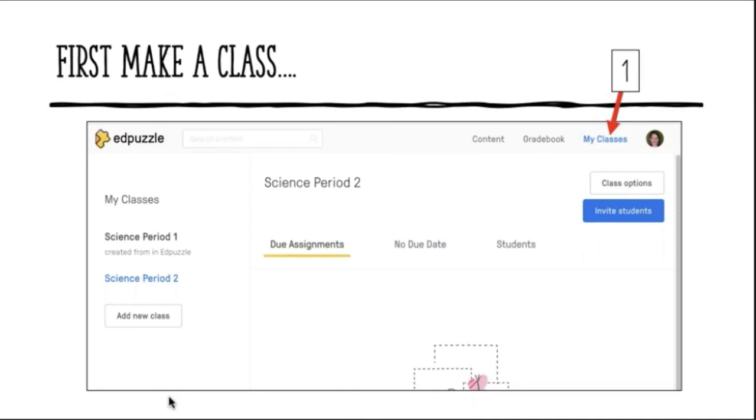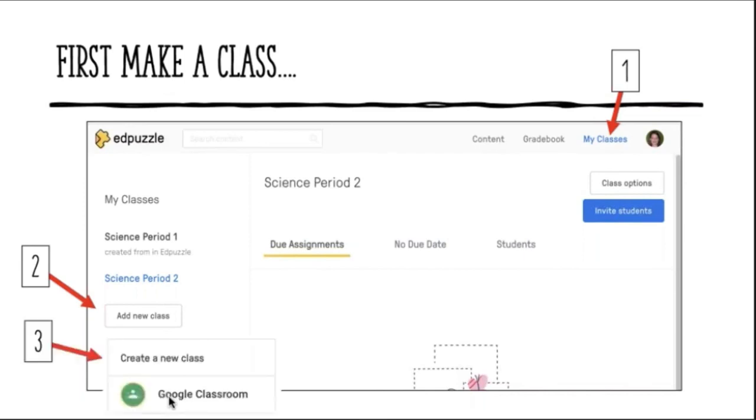But you want to be in your account and click My Classes. And then you're going to want to click on Add New Class. And you can always delete this later, or you can put what you really know you might have. Do make sure that you make different classes for different sections, because when you get to transferring grades to your gradebook, you want it to match your gradebook, right? You don't want 3 classes lumped together in alphabetical order. You want it to match your gradebook. So make sure that you do make a section for each.